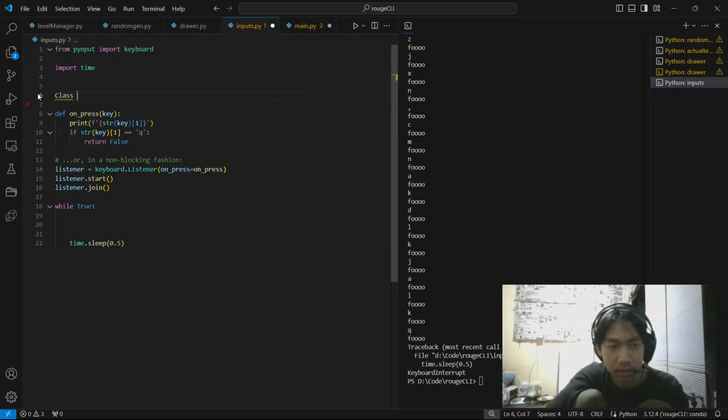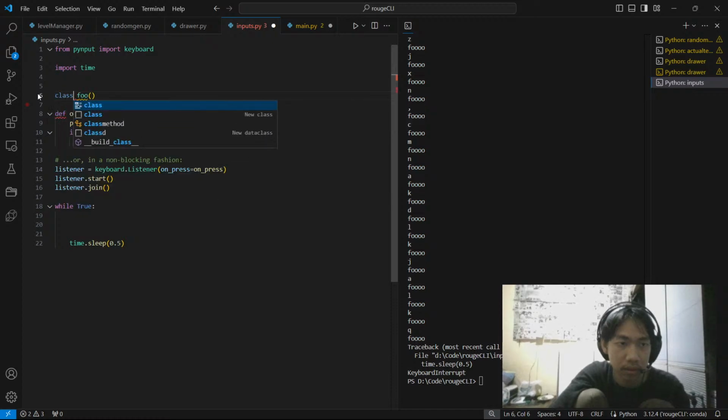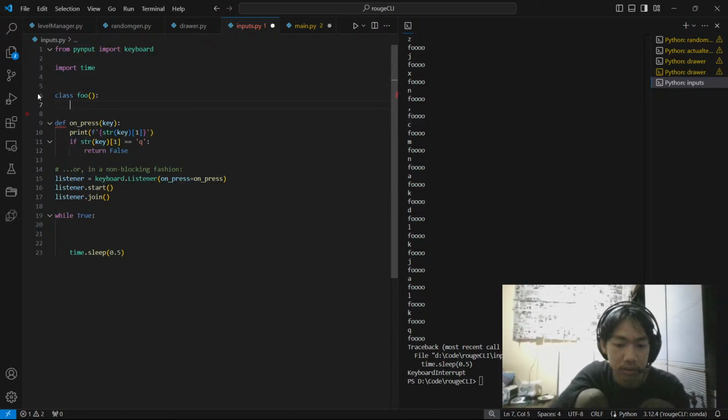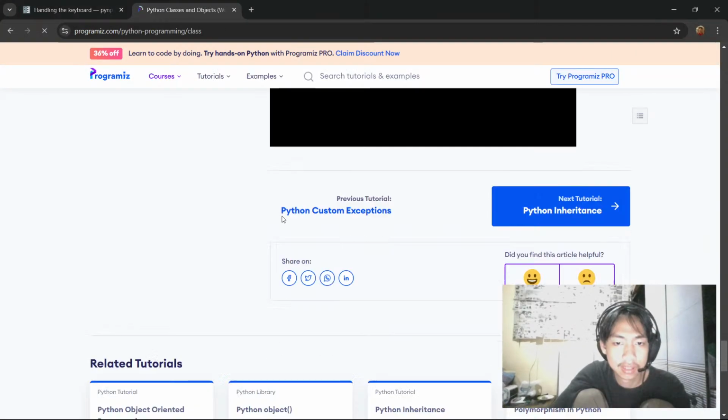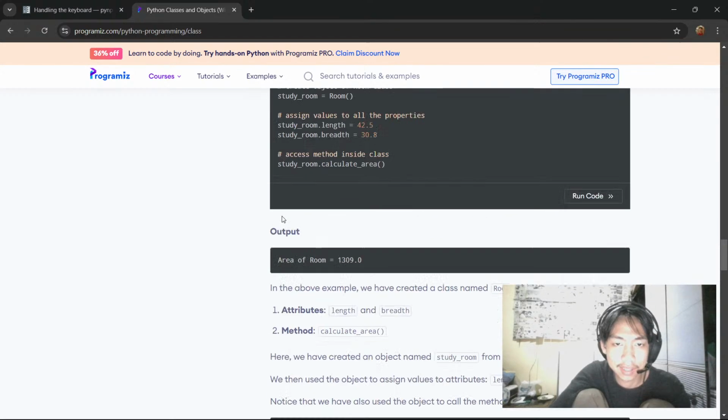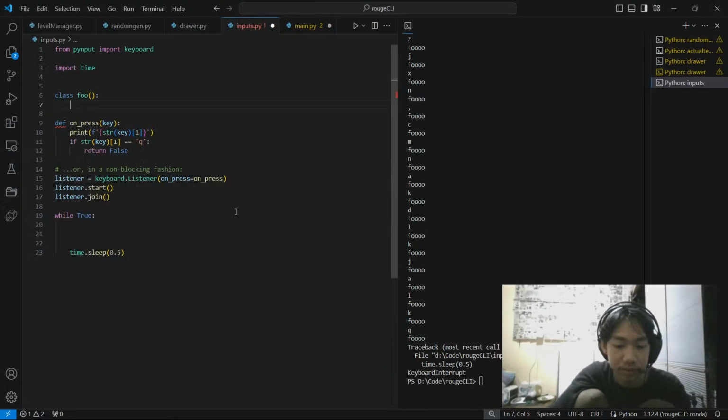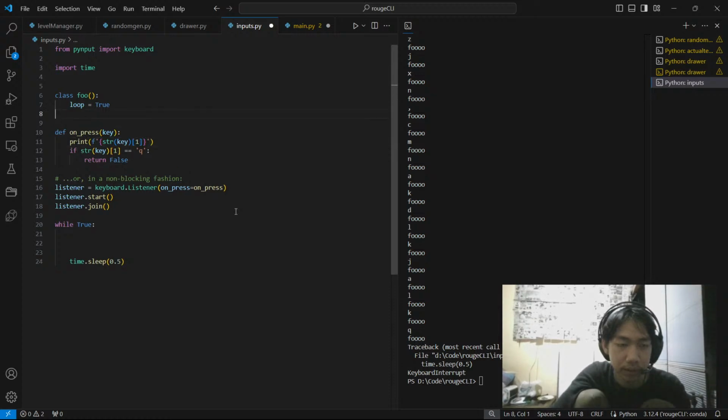Let's just say class foo, not class... foo has, was it class foo has... what was it? Name some. So let's do loop equals true. And then we can create a foo thing, like a bar thing,